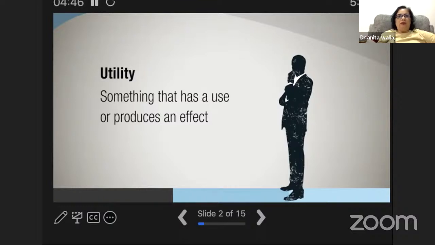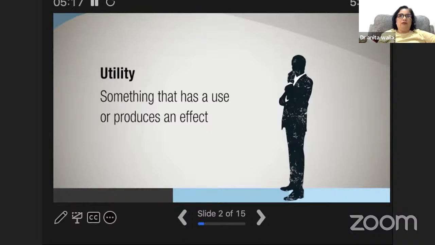Then Apple saw that, and Apple said that the Walkman has certain weaknesses, like you have to carry the cassette with you. It is a little heavy in size. What if we have a very small device in which you can download music of any number and carry it with you? You don't have to carry extra baggage for that. So they came up with the iPod. Those are innovations, not inventions, right? But the invention is the first time when you're producing something.